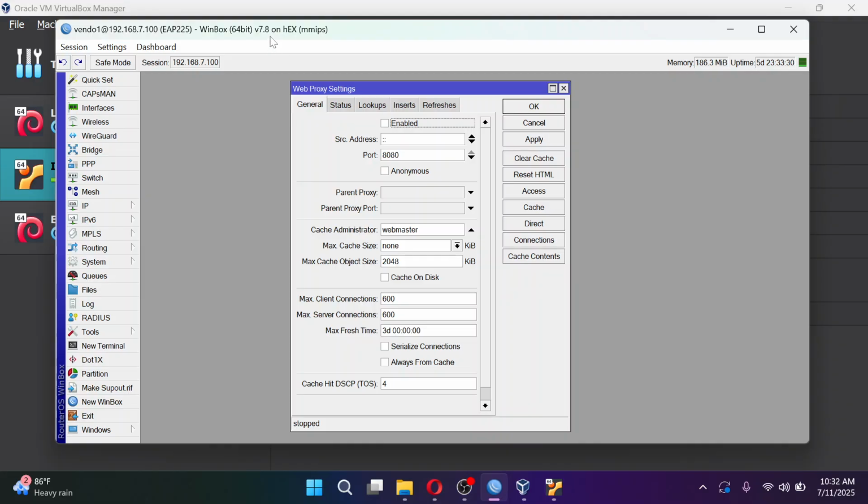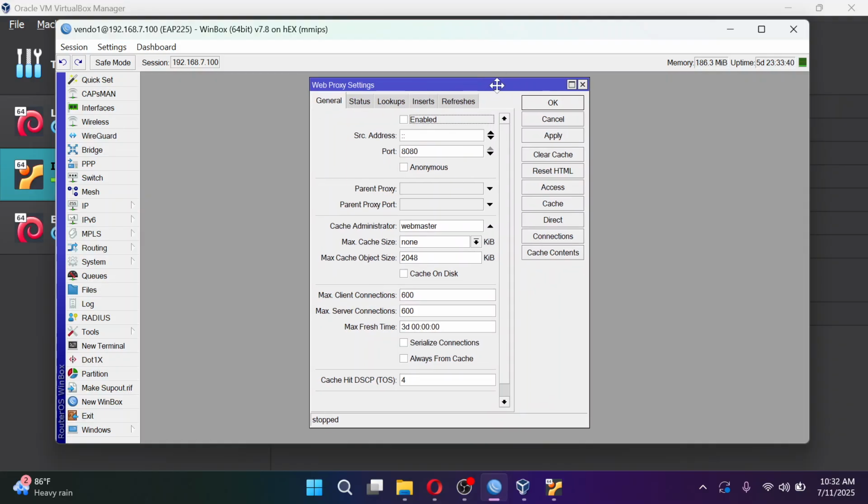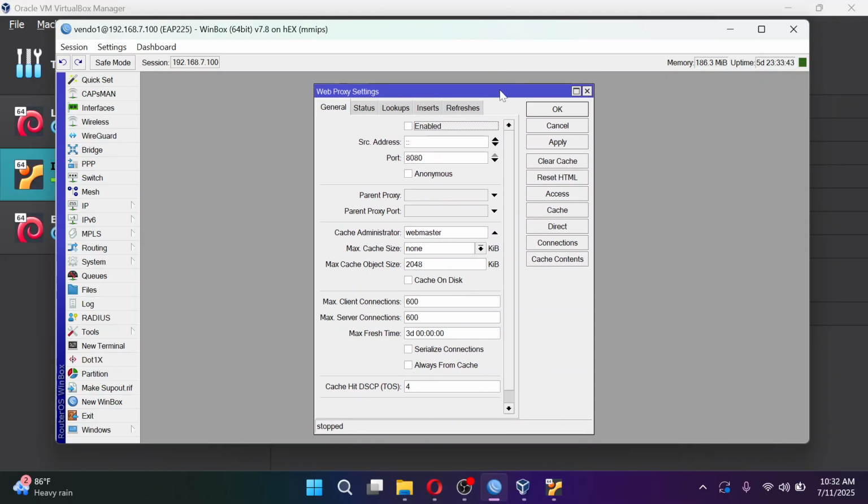So this is actually applicable for ROS 7 and up. For version 3 point something, or 6 point something, I think this is not going to be available.